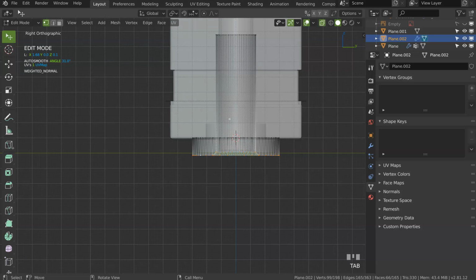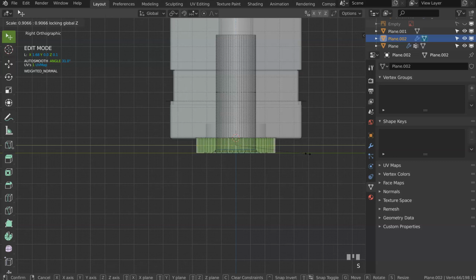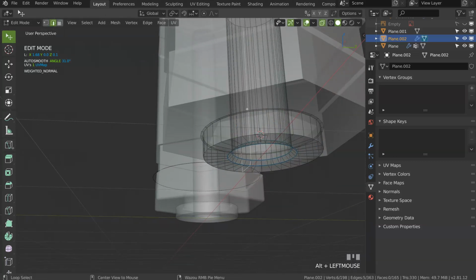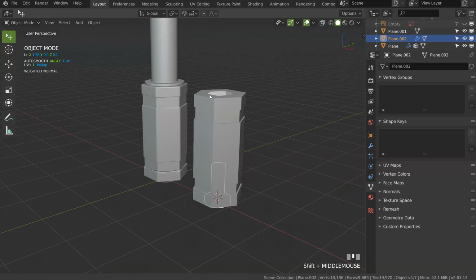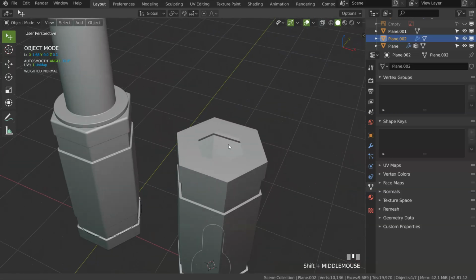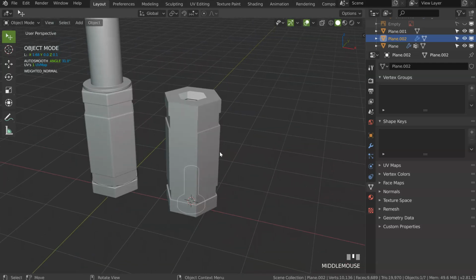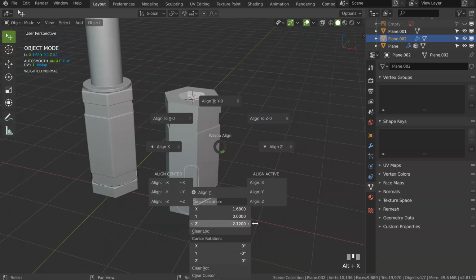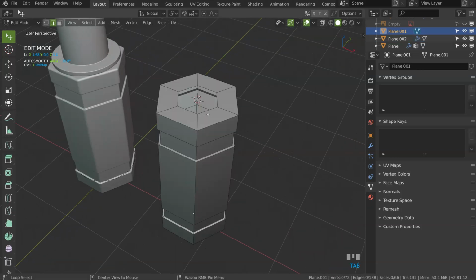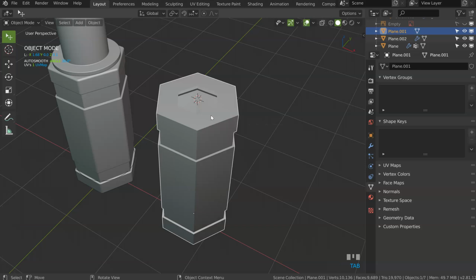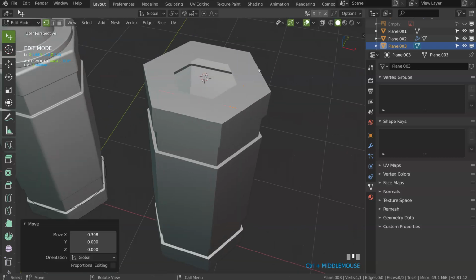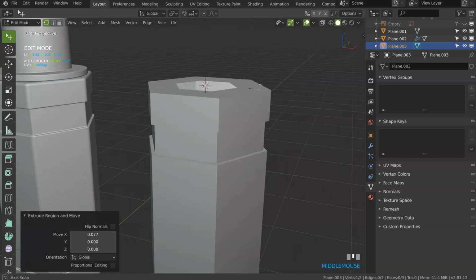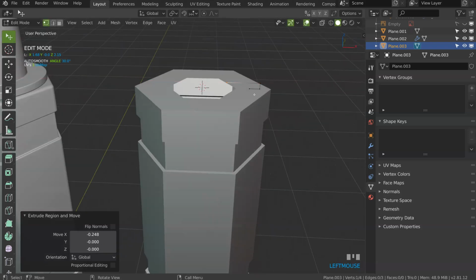Come here, I will activate it. I will do this, S-Shift-Z, like that, and select this one, S. So this is another proper way, this is working too. So why not? I can move the cursor, I will move it vertically, let's see, like that, okay? Or I can even make something like that, Shift S, cursor to selected, and I can do the same on this one. Use SpeedFlow to make your object pretty fast, with modifiers, and apply if you are okay directly.